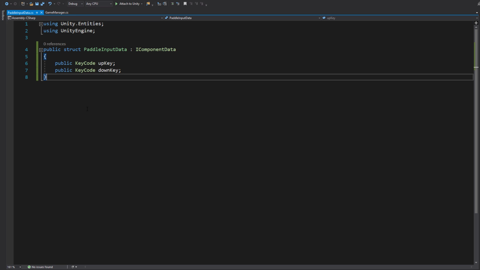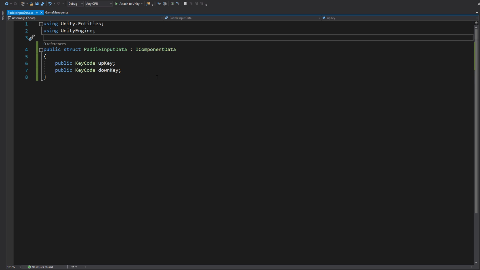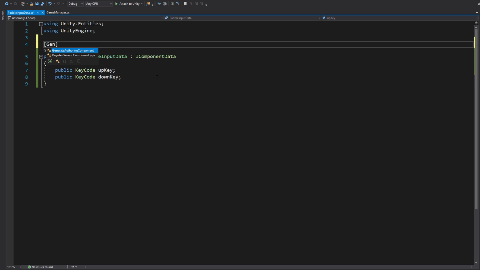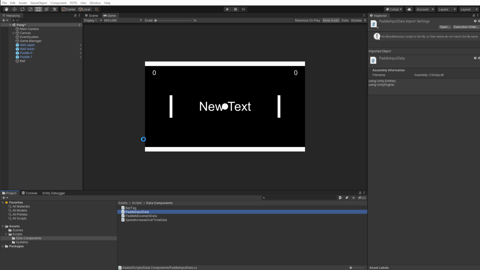So I could create an authoring script. Basically, it's a MonoBehaviour that's going to, at runtime or whatever, say, oh, this is being converted. Let me, through code, add these components and configuration data or whatever. Or I could have Unity generate one for me. So I'm going to use this new attribute. This is some new syntax, GenerateAuthoringComponent. And now back in Unity, if I click on my paddle once this compiles,